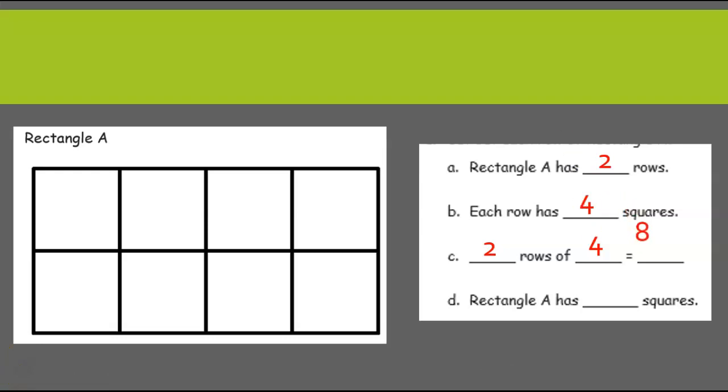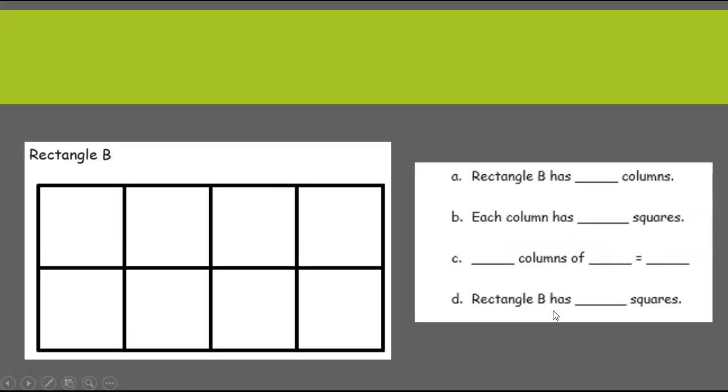Did you say that there were 8 squares all together? If you said 8, give yourself a kiss on the brain. Excellent job. So this rectangle A has how many squares all together? They have 8. And here's rectangle B, so we're going to do the same thing here, but it's asking us